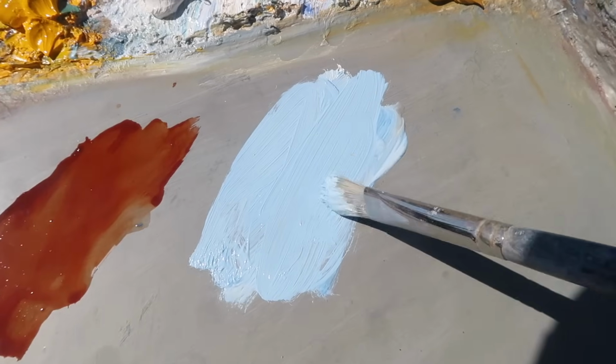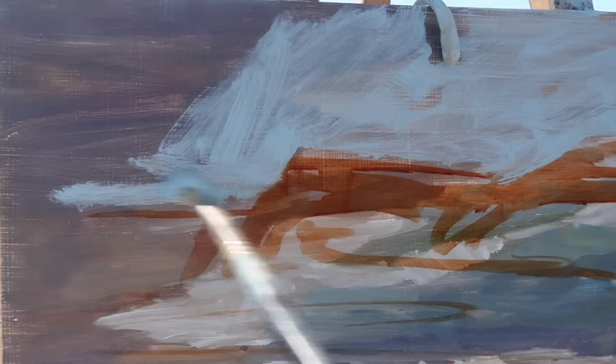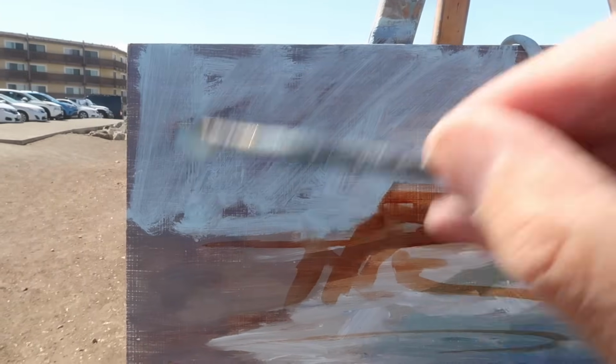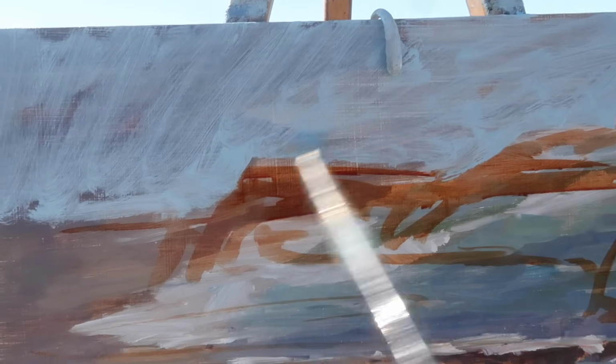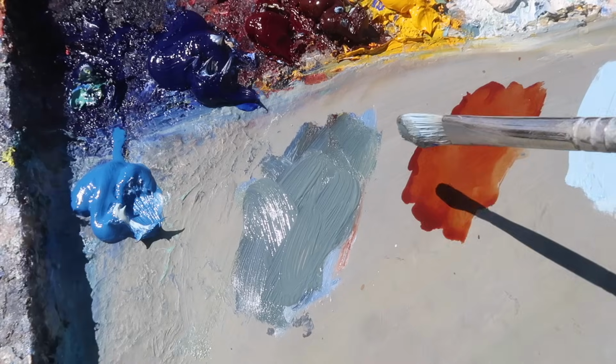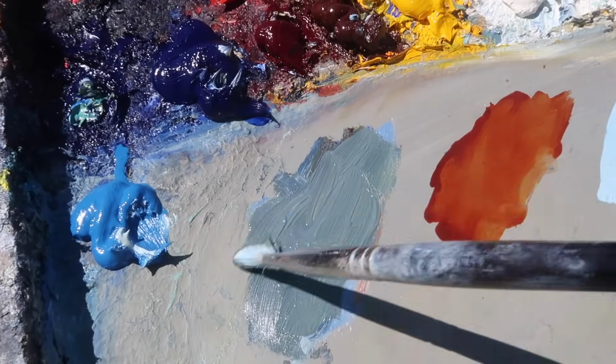All right, for the sky, I've got a mixture of warm white and cerulean blue pure. When I'm painting over an old painting, I just want to eliminate the previous image as quickly as possible by focusing on big shapes. For the ocean, I'm going with burnt sienna, ultramarine blue, a touch of cadmium yellow medium,